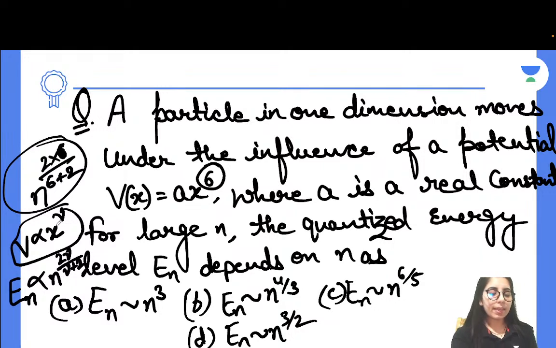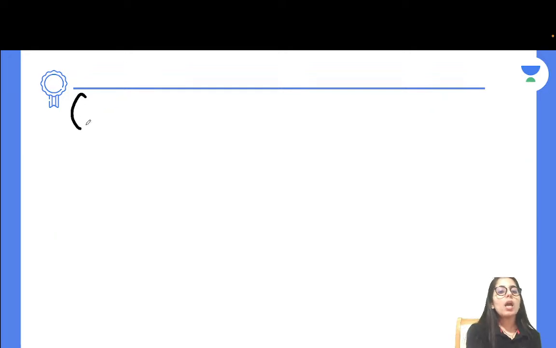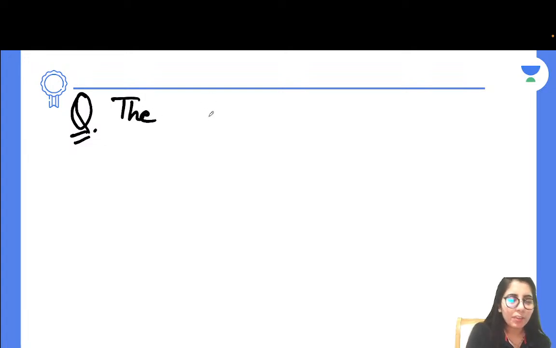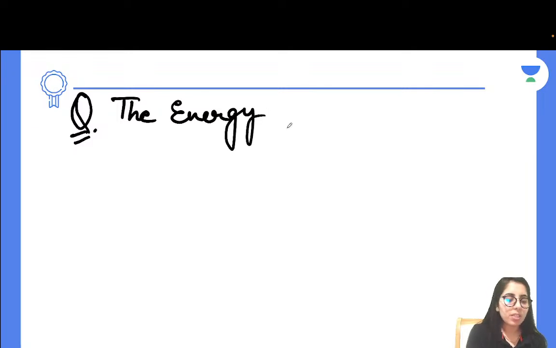But if it is getting clear, that's great. We'll go over the next question now. You can see how easily, for the questions we have done till now, you are able to get the concept, you are getting to know about the conditions, when to use what formula, how we can solve a particular type of question easily. All that will be getting clear to you. But in case you find that you're not getting something clearly, you can surely ask it in the comments and I will try to make it clear to you.